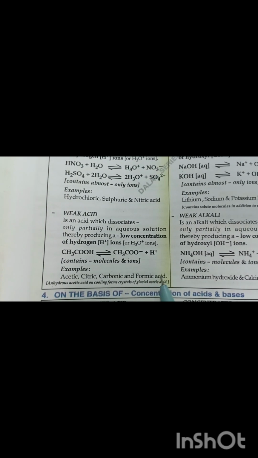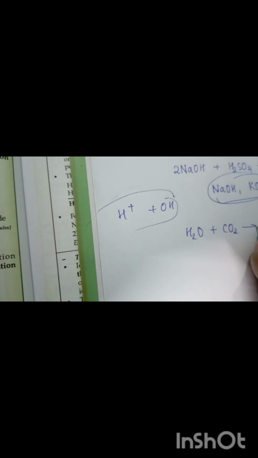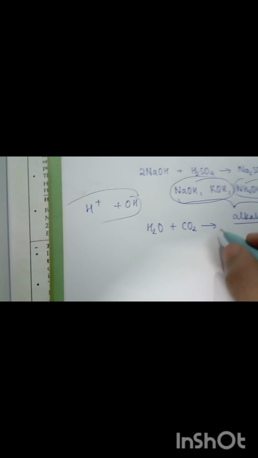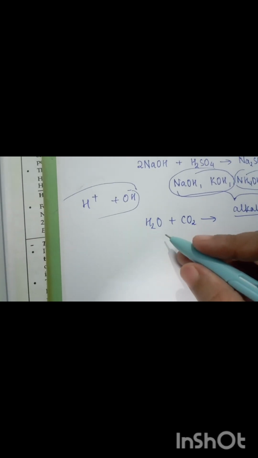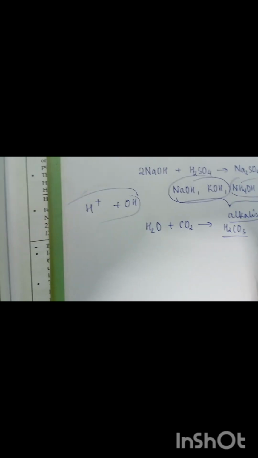When a bee stings, which acid is present in it? Formic acid is present. Carbonic acid is present in normal rain. Normal rain consists of water. This water, on encountering carbon dioxide in the atmosphere, we are constantly releasing carbon dioxide, we are exhaling carbon dioxide. So carbon dioxide is present in the atmosphere, water is coming from the rain, and they both will react and form carbonic acid, H2CO3.